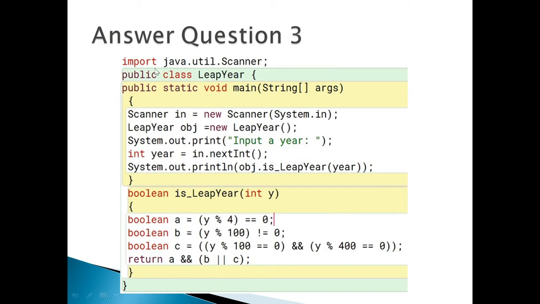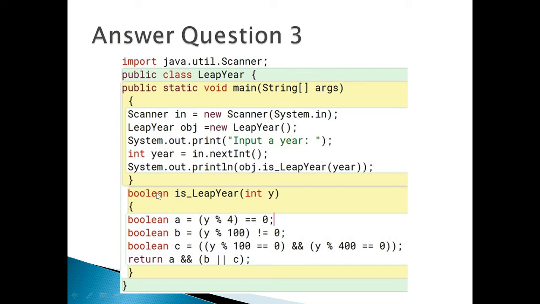So create your structure, and then get the input. For the answers here, I'm using a method, because it's much easier for you to understand when you use the method style. Get the input and then create the method to produce whether it's true or false. Since it will return true or false, we need to create a method of type boolean.